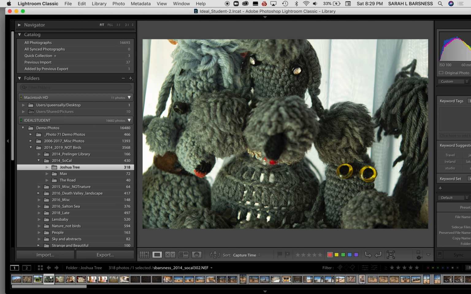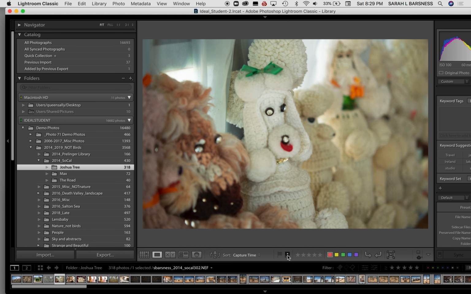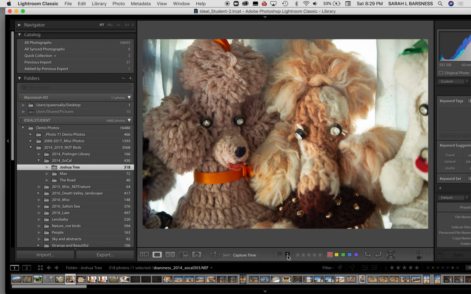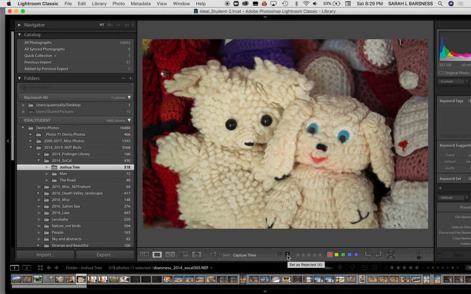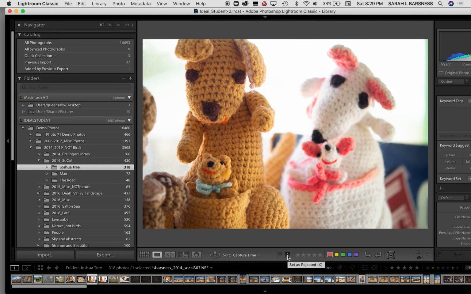And as soon as I see an image I want to get rid of, I just click that reject button. It doesn't get rid of it, but it just marks it for rejection. So I can pick all of those later on and decide if I really want to reject them. Now, there's a great shortcut for this tool that I really recommend you learn, which is just the X key